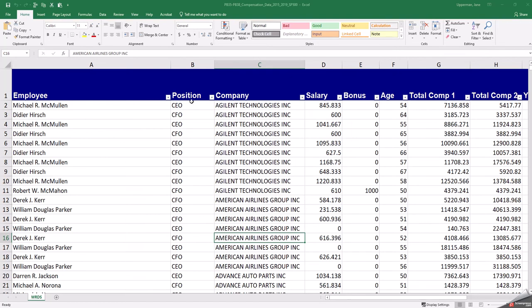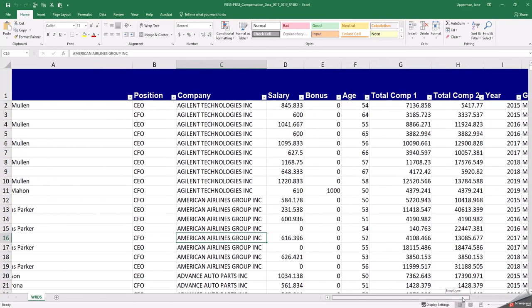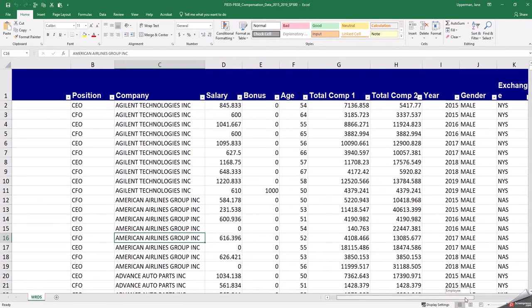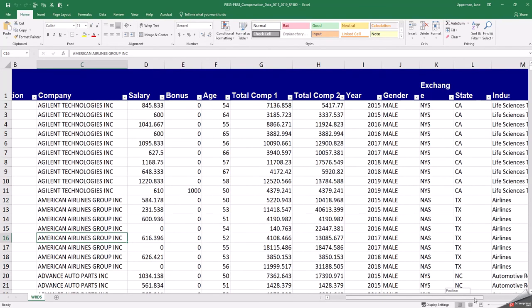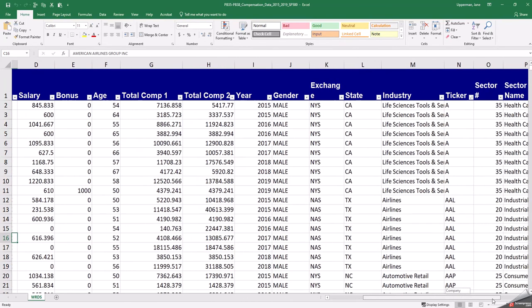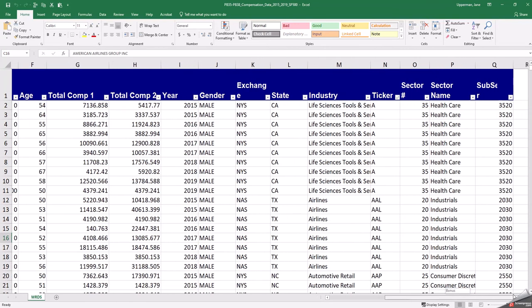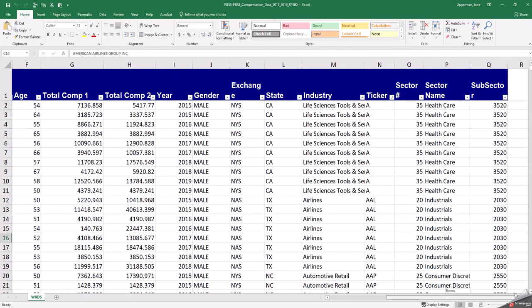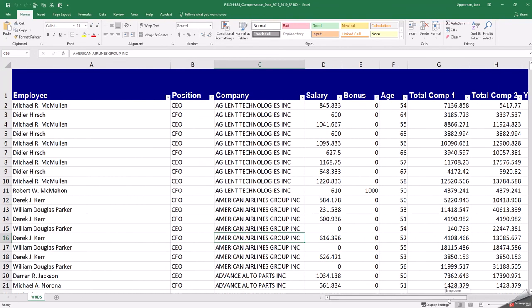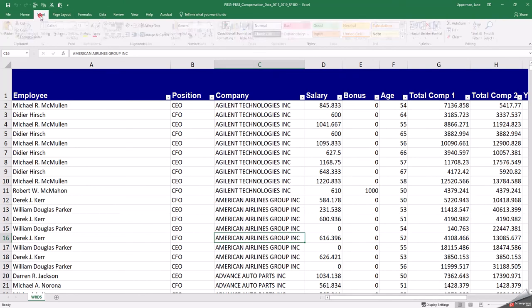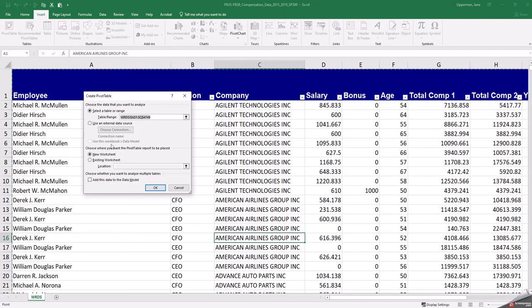So we have employees, positions, companies, their salaries, their bonuses, their compensation of year one, I guess, total comp one, total comp two, the year, the gender, the exchange, the state, the industry, the ticker, the sector name, and the subsector. So then if we go up and we say we want to insert a pivot table, it's going to